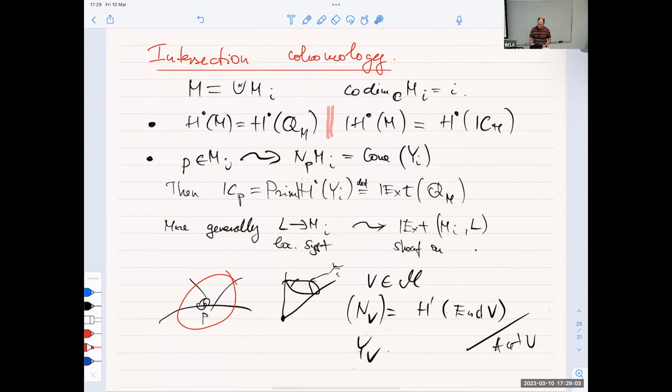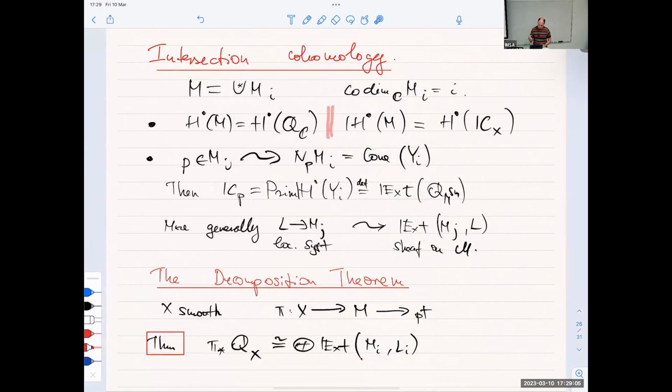models, now I lost my pointer again. We'll come back. That allows us to actually calculate intersection cohomology. Okay. Now the major tool, the most fundamental thing, is what's called the decomposition theorem. So the decomposition theorem is the following thing that's written just here, and it's the